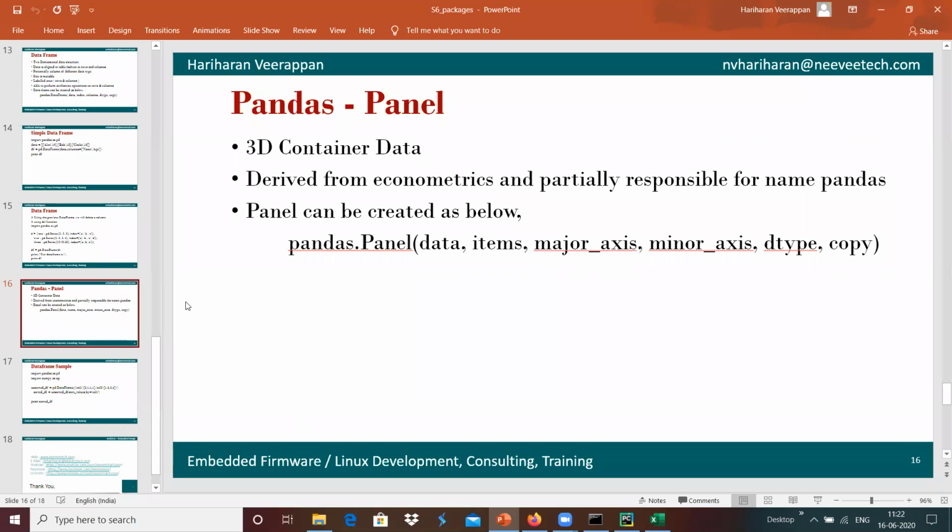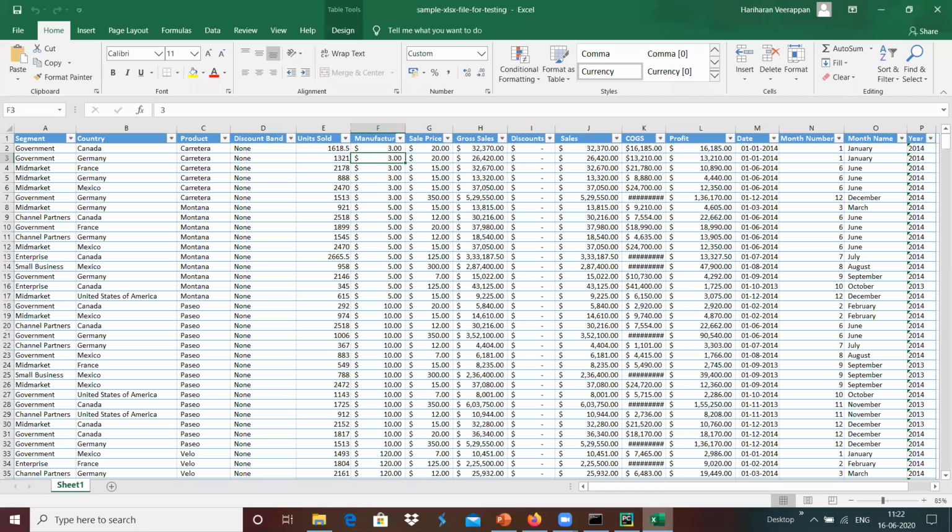But the most used data type is the data frame, which can be used to load the complete CSV file, and we can use the data frame for manipulation with respect to two-dimensional data.